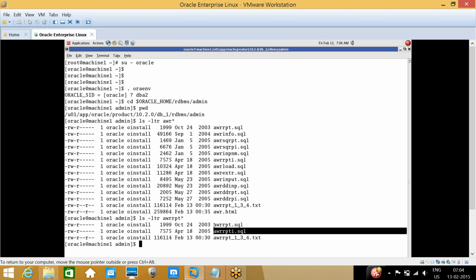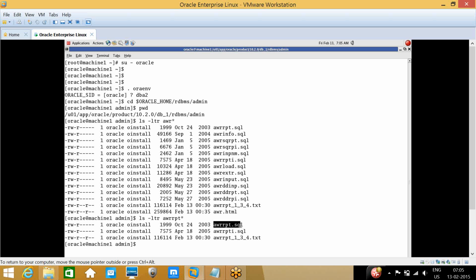awrrpt is for the complete database. awrrpti means i for instance. Suppose you have a two-node RAC and you want only one instance's details. If there is an issue in any one of the nodes and I want to figure out the SQLs, then we have to generate awrrpti.sql for the single instance.